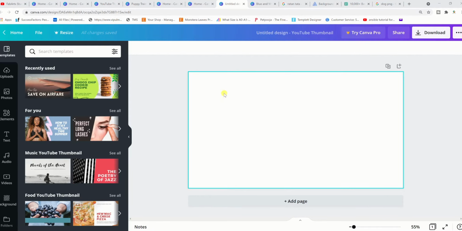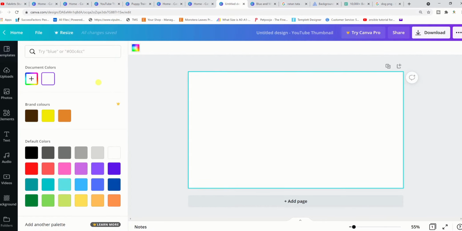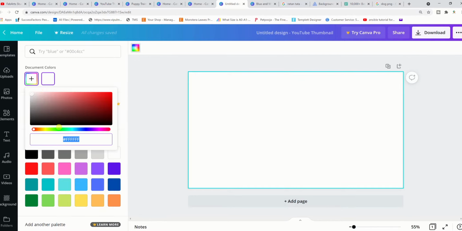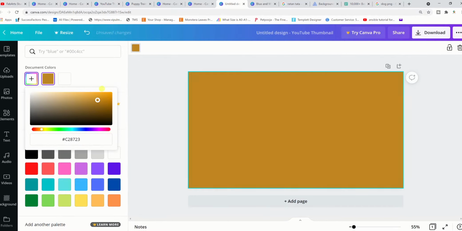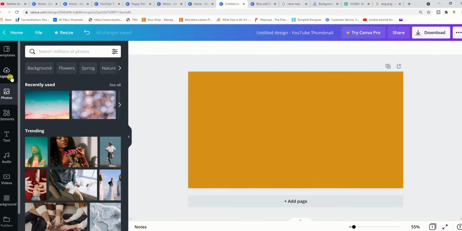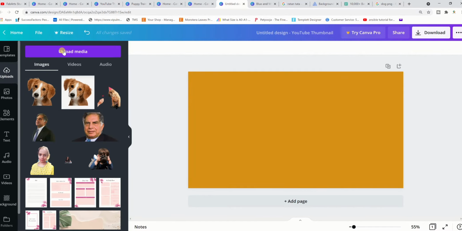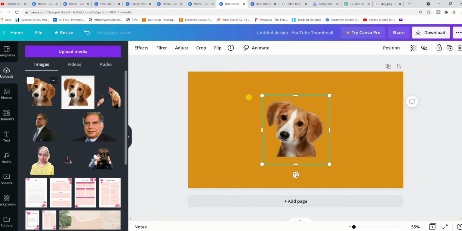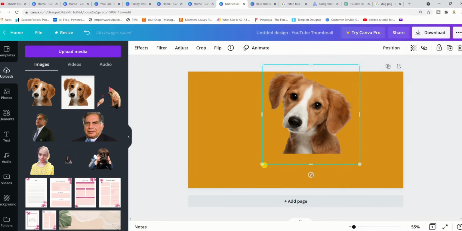So I will just select a background here. You can select any color you want. So this is what I have selected. Now go to your uploads. Here I have already uploaded a PNG image of a cute dog. You just have to place it first wherever you want to,